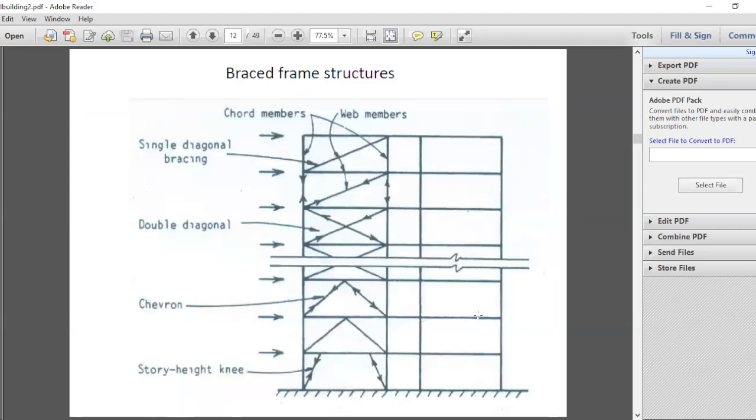So here you can see an enlarged diagram with chord members, bend members, and single diagonal brace, double diagonal, chevrons and the knee bracings. So shall we stop the lecture